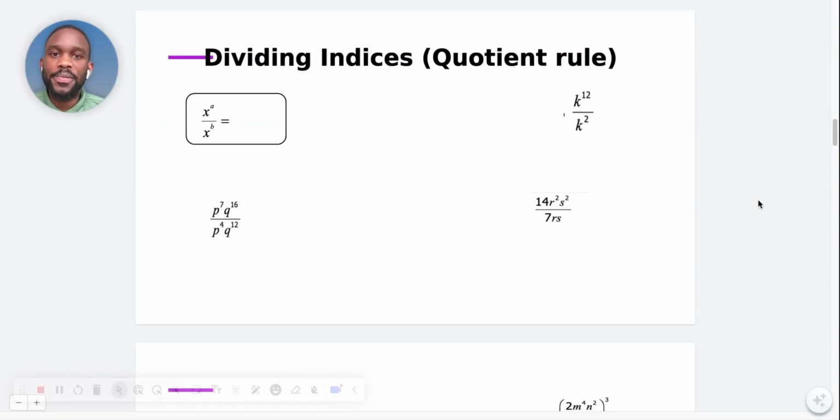Hi guys, welcome to this video where we're going to be looking at dividing indices or the quotient rule. Every time you hear the word quotient, they're talking about division really. So if you're dividing indices of the same base, again, by this point, guys, you should know what a base